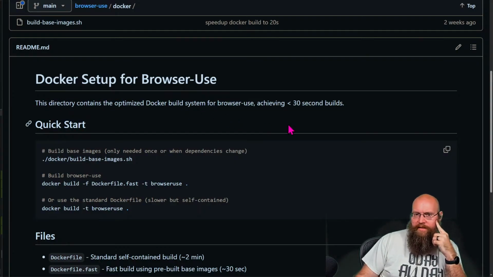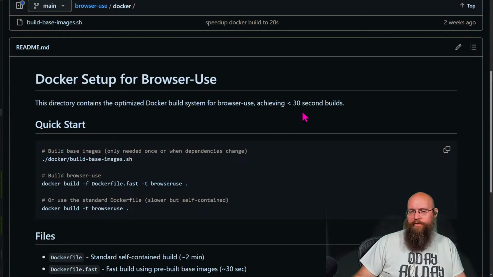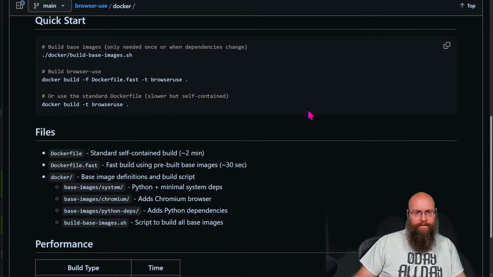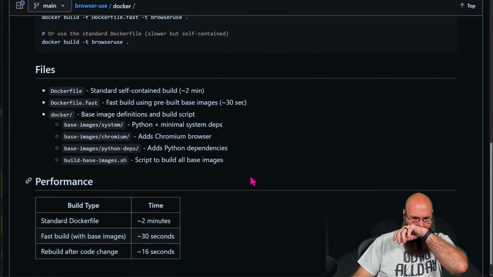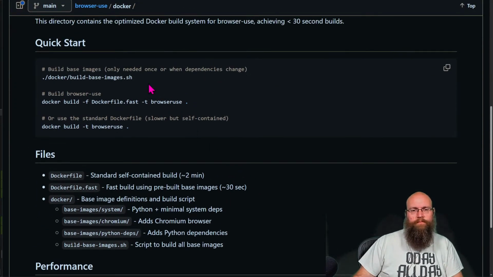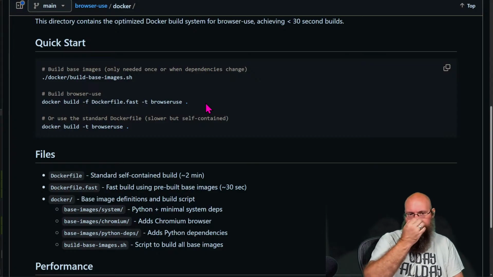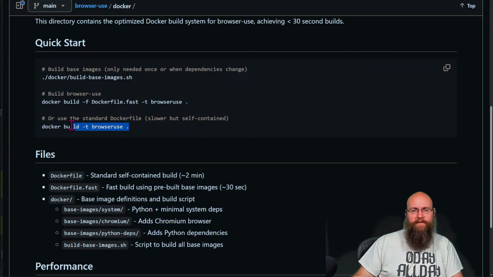So this directory contains optimized Docker build system for browser use, which achieves a sub 30-second build. So we could do a standard build here. We could also do Docker file fast, which this is what we did. It was slower, but was self-contained. This should have worked just fine. Let's go try this method here. Let's go try building this base image.